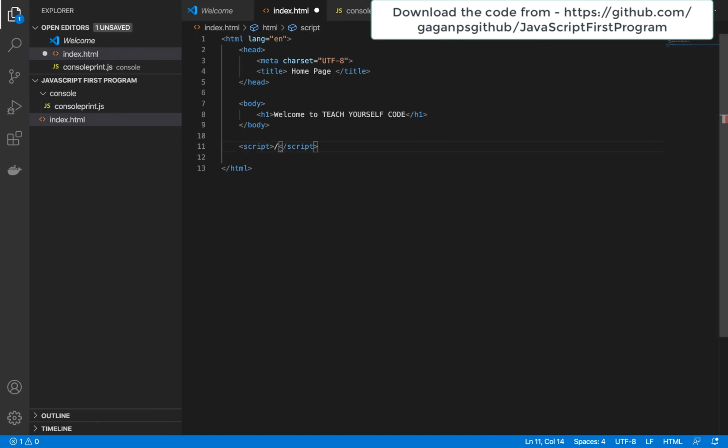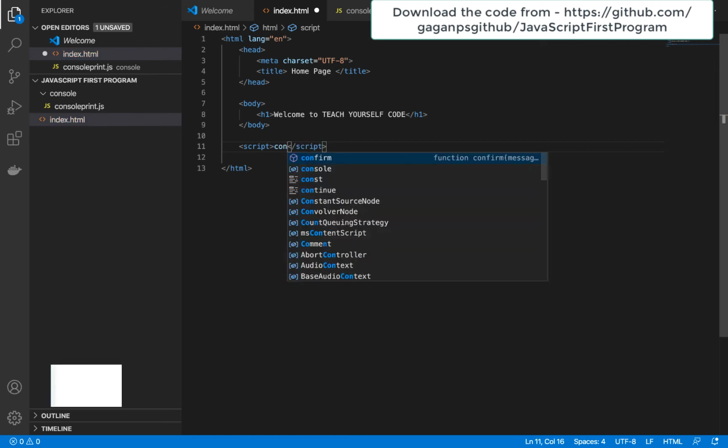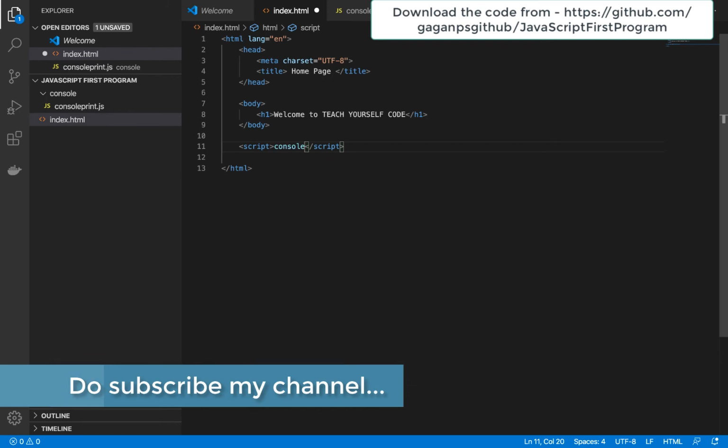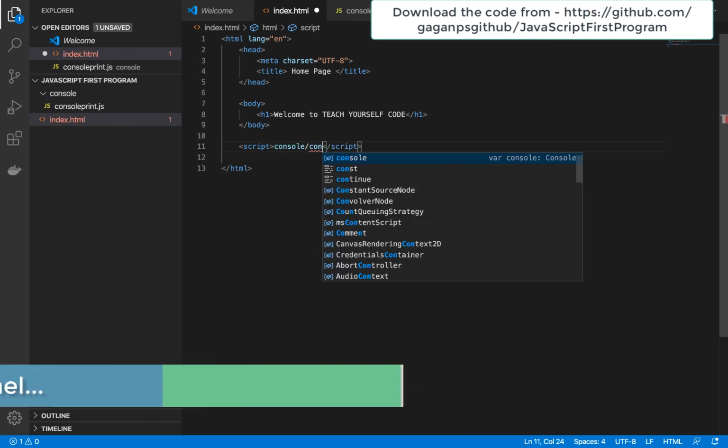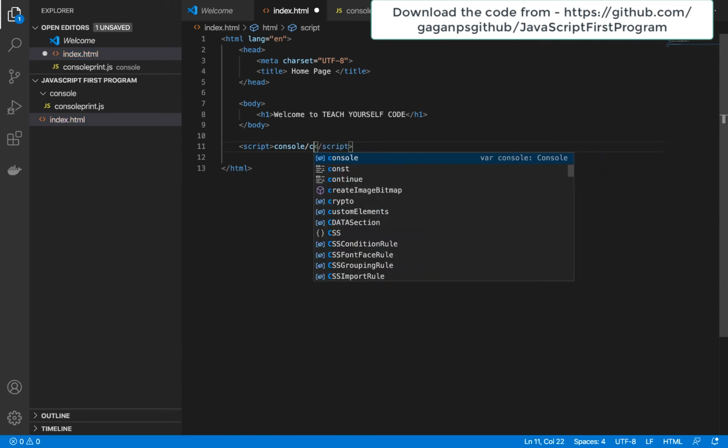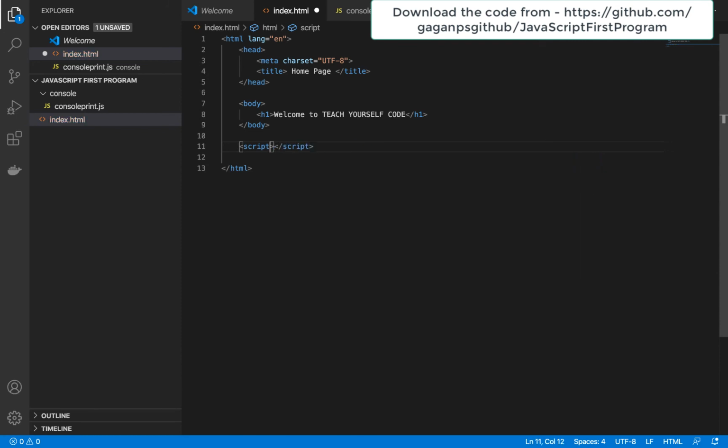Now I want to use that particular file from some other folder over here, so I will just simply type slash and I will type console slash, and then I will provide console. Okay, sorry. So we have to provide something called source. I forgot that, my bad. And I will provide console slash, and you can see it's already populating us with the data. So if I do a slash again, you can see it is again showing us the file name. So I will just select that and I will save it.